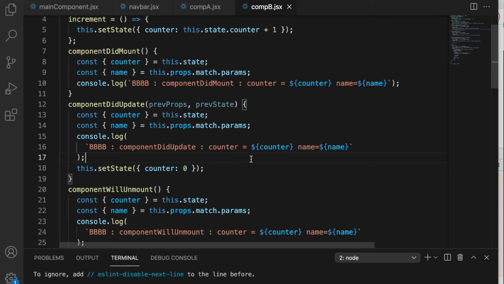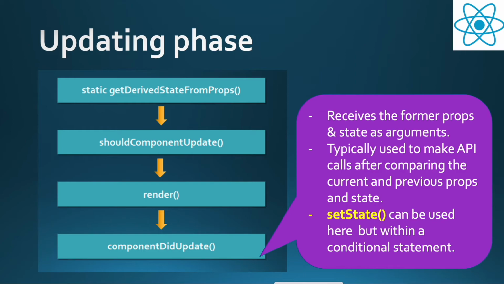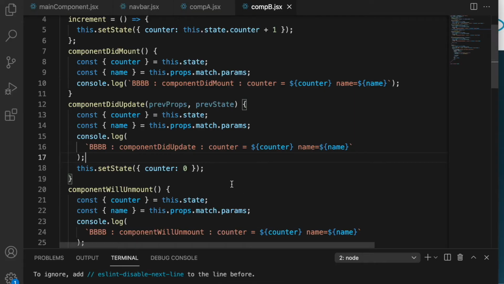So as we discussed, we should use set state but within a conditional statement. So we should compare what we want to do and depending upon that we should put in set state. So in this case, when should we do set state?